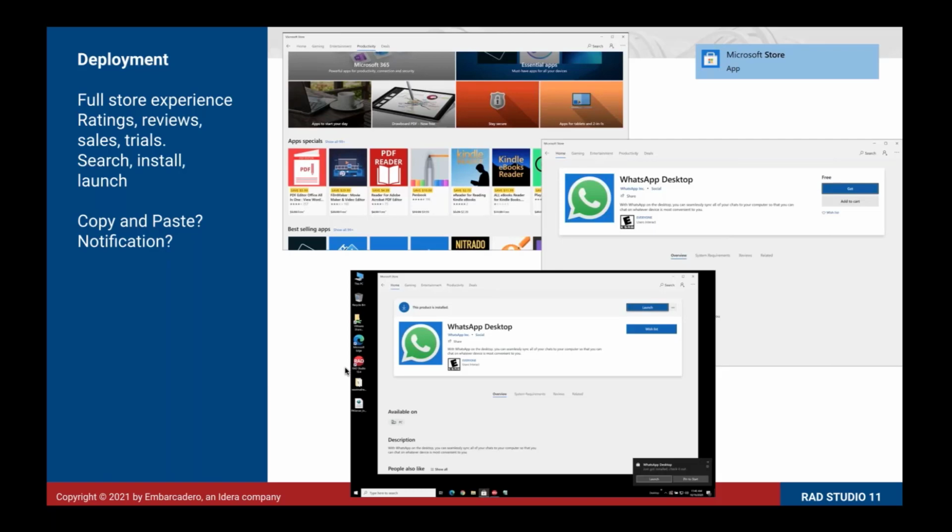And what's pretty cool with the store is it's a bit more of the Linux or the Mac OS kind of model, where when your application is bundled, it has its own virtual registry, and it's sandboxed as well. So it makes it a lot more secure in the way that it runs. But it also means that when it comes to uninstalling and removing applications, there's less to worry about. There's less cleanup to do, because the virtual registry that sits with your application is what you're cleaning up.